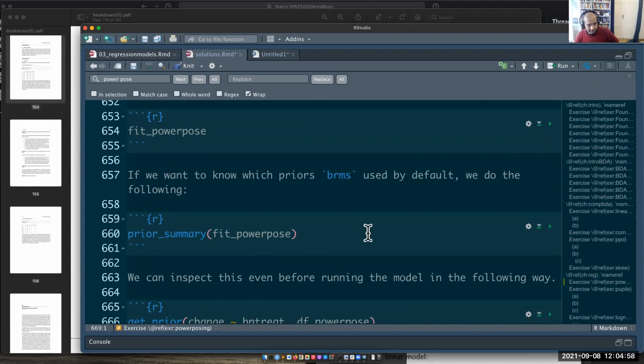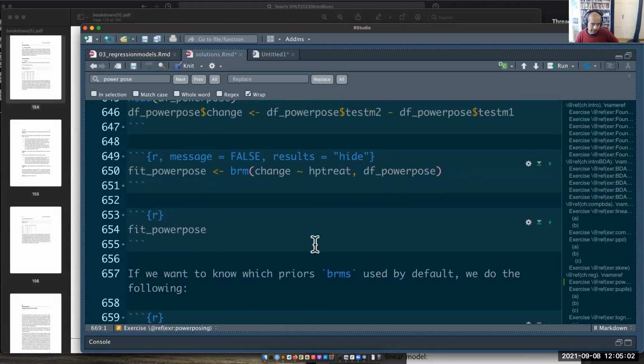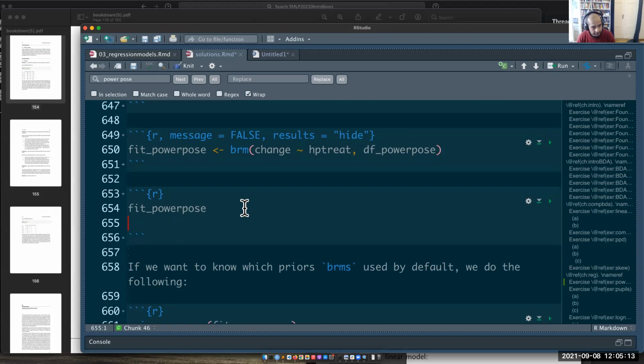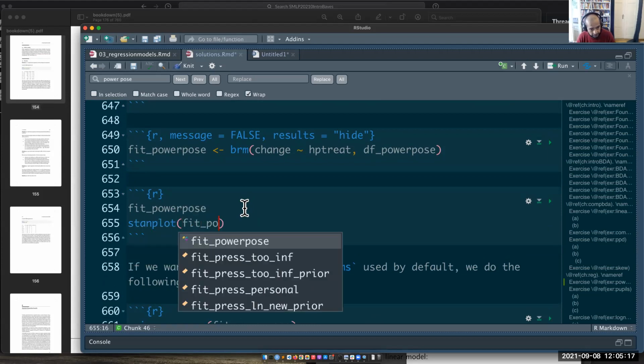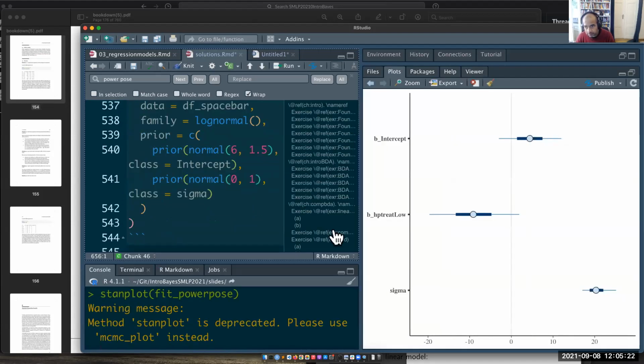Now the interesting question is, there's no way for me to proceed. I can't actually use informative priors here. So for now, I'm willing to just stay with this, right? So let me see, how would I summarize this graphically? Can I do stanplot, fit, power pose, something like this? Can I do that? Yeah, so this is one way that the software will print out these